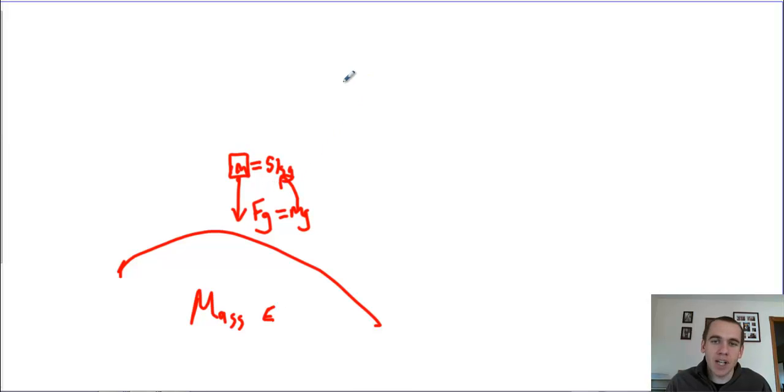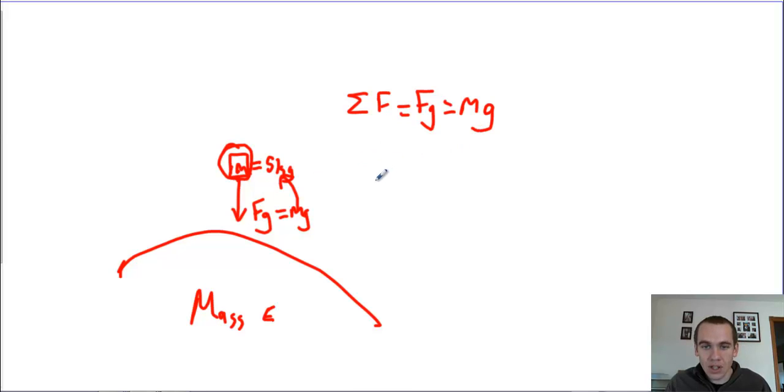It's the mass of the object. So if we look at Newton's second law, the net force acting on this object is Fg, and that is equal to m, and I'm going to call this m, just m, g. Okay? But according to Newton's law of universal gravitation, the force due to gravity is a result of the two masses acting together. So Fg is equal to m1 times me, where me is the mass of the Earth,